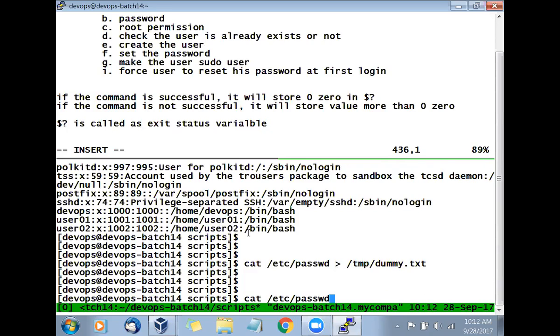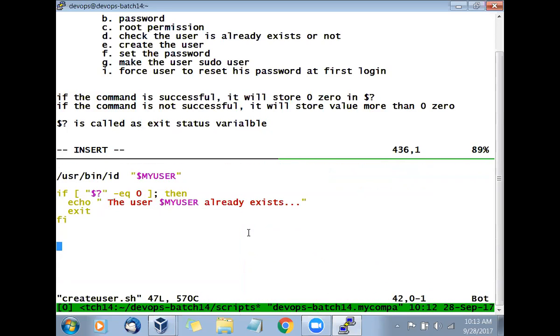Okay. Now we know that the user is not there. What do we need to do? We'll go with section E. So we'll go and create a user there. How to create a user? Yes, you will go with useradd.